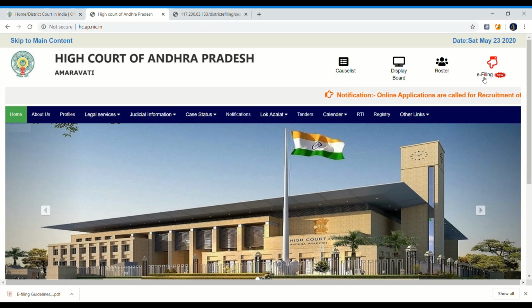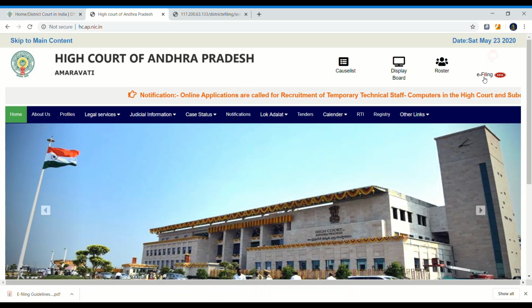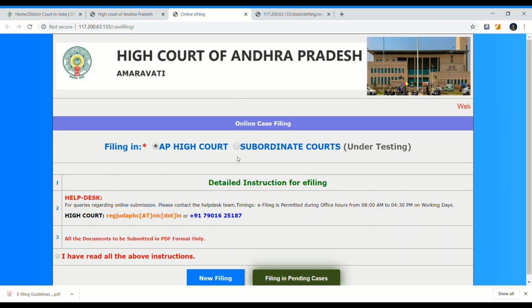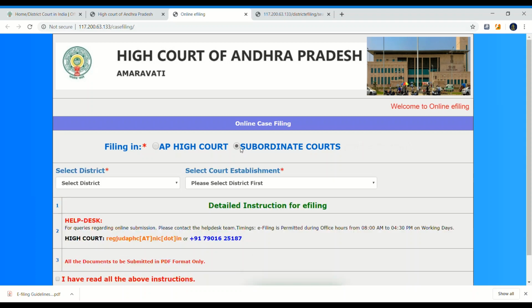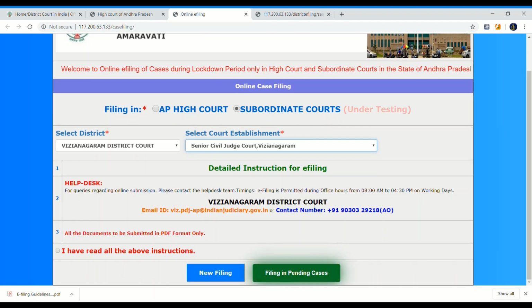If you want to add or send documents which are required further, just click on e-filing and AP subordinate codes, district and court establishment. Why I'm going to show this is, here we have two options: new filing, and filing in an already existing case.